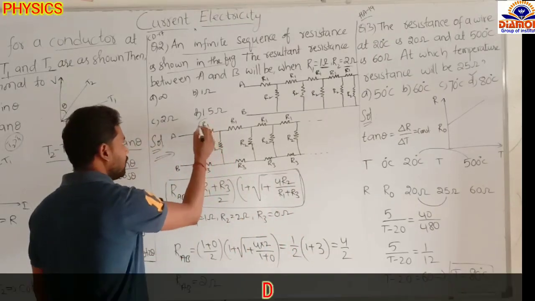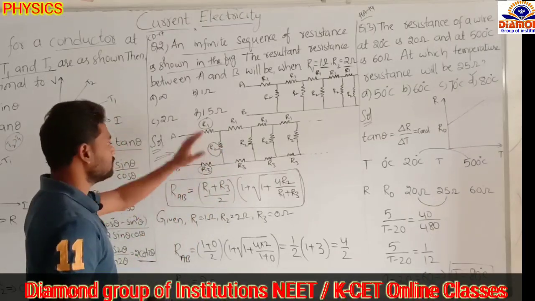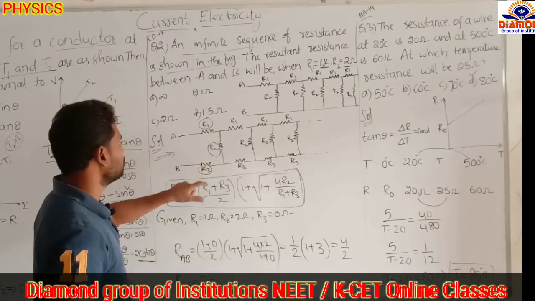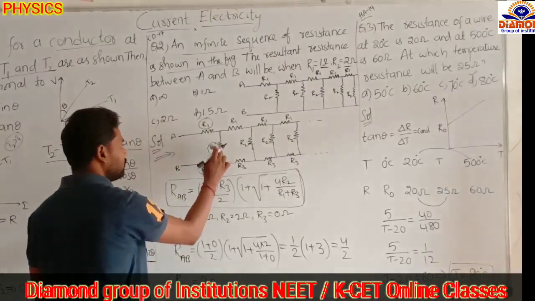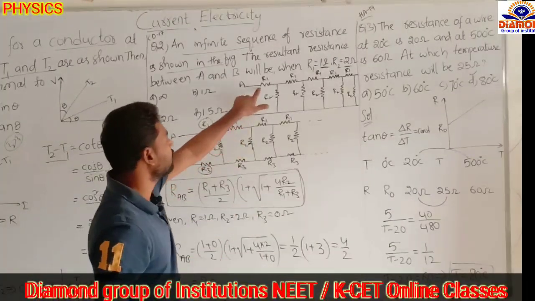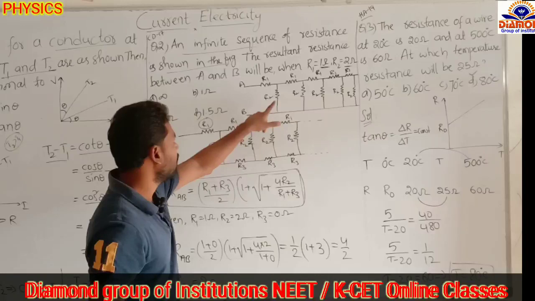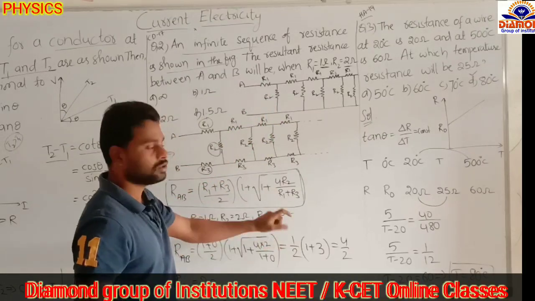And remember, this is R1, this is R2 and this is R3. Don't change this notation; don't write R3 here or R2 somewhere else. In this sequence only: R1 here, R2 here, R3 here, then this formula applies. From the given question, R1 is 1 ohm, R2 is this one, 2 ohm, and R3 is not given here, so consider it 0 ohms.